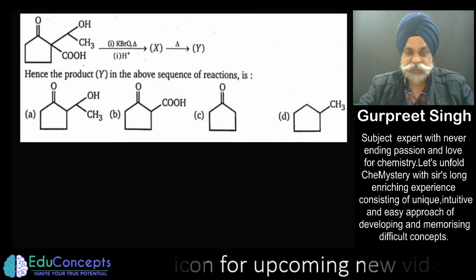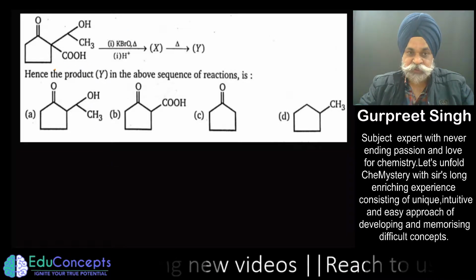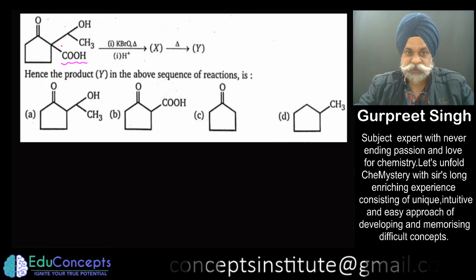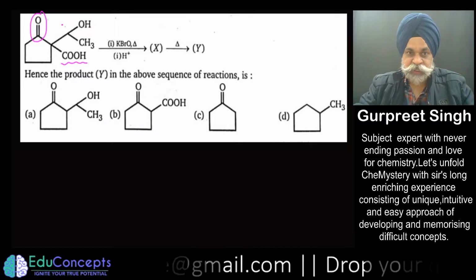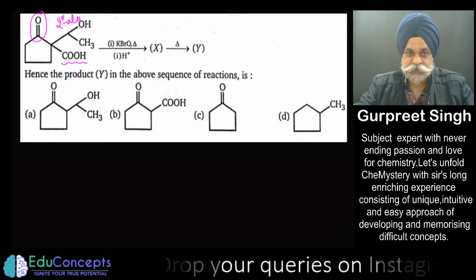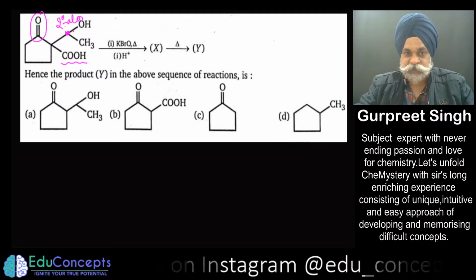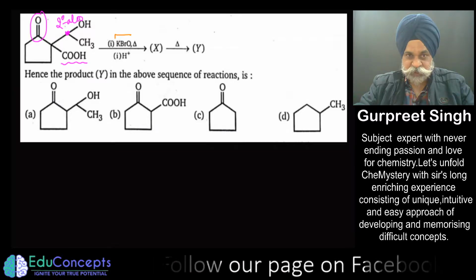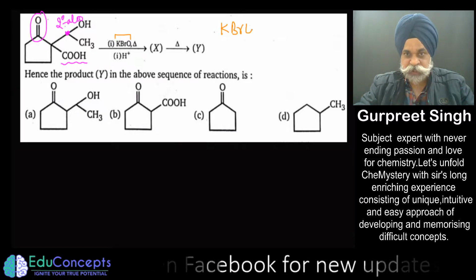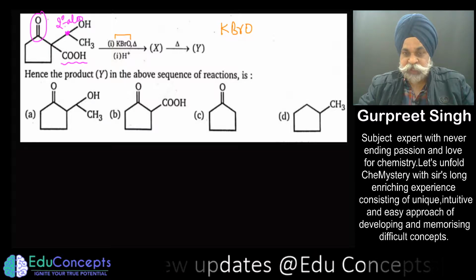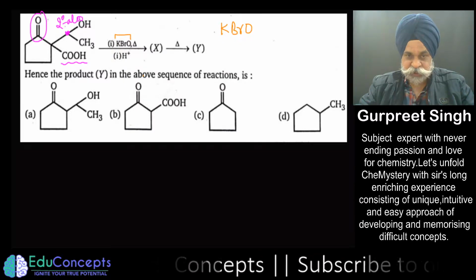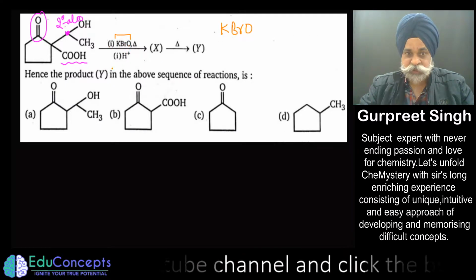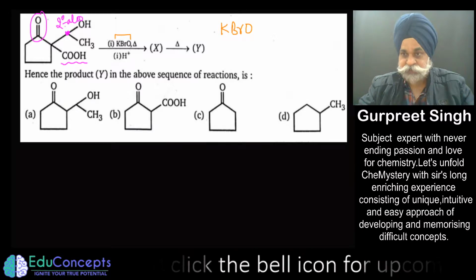So first you have to see what are the functional groups present on the substrate. The substrate is containing a carboxylic acid group, then the keto group, and this is the secondary alcoholic part. This is a secondary alcoholic carbon which is having an OH group. Along with it, you could see that the reagent given here is KOBr. So this is potassium hypobromite. This also is an important reagent. Then after that, heating it with this reagent, you have to acidify it and finally heat it.